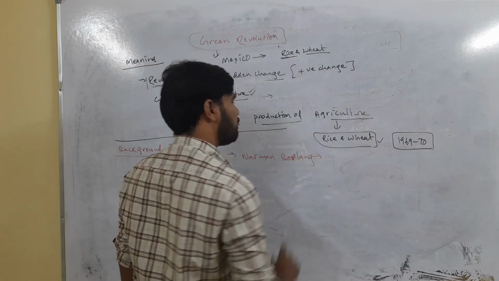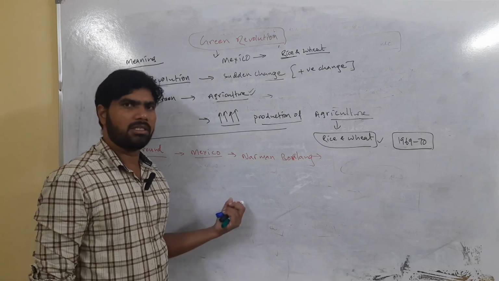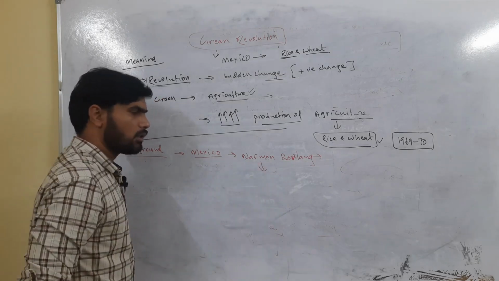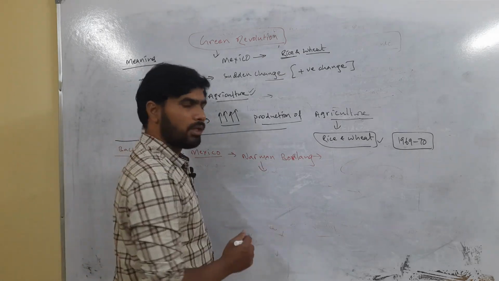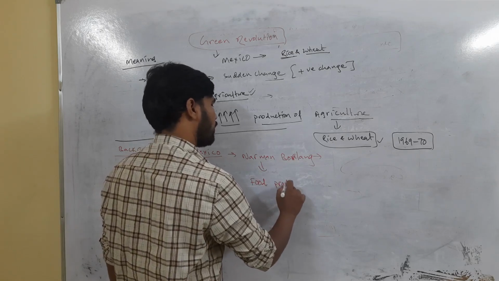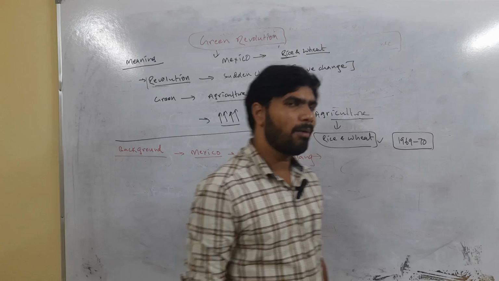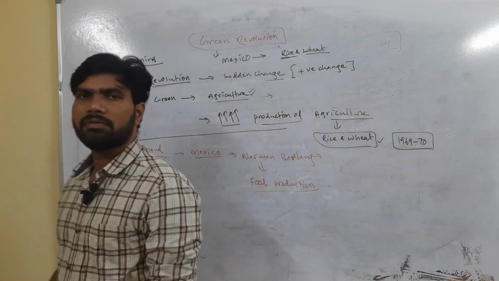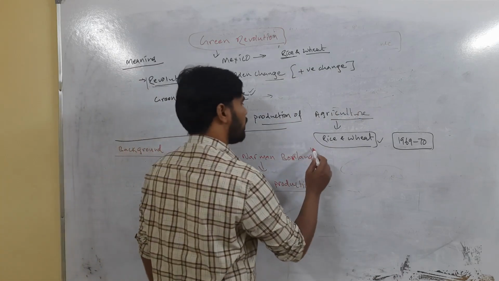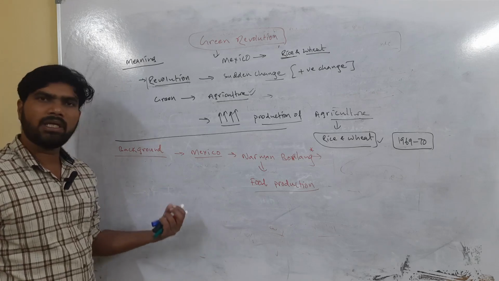Okay. Generally, he hails from the United States of America, but he did his research on crops in Mexico. So Norman Borlaug's focus was on increasing food production in the developing countries. He had seen that many developing countries are facing a problem: they do not have sufficient food for the consumption of their population. So he wanted to address that problem, the food shortage in the developing countries.